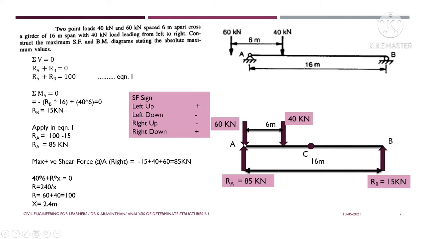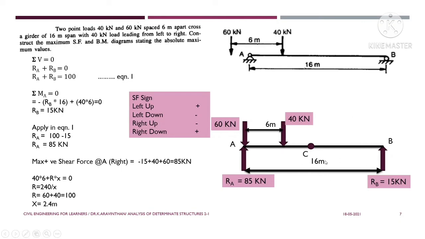That is, you have to consider the load 60 kilonewton is acting at right hand side of point A, and RA is acting at left hand side of this point. So there is a slight variation. So that doesn't have any distance. This has to be understood. Okay, let us take the shear force here. Either I can look right hand side or left hand side. So I will be looking at right hand side. So that is why I have placed A slightly towards the right hand side. This doesn't have any distance.